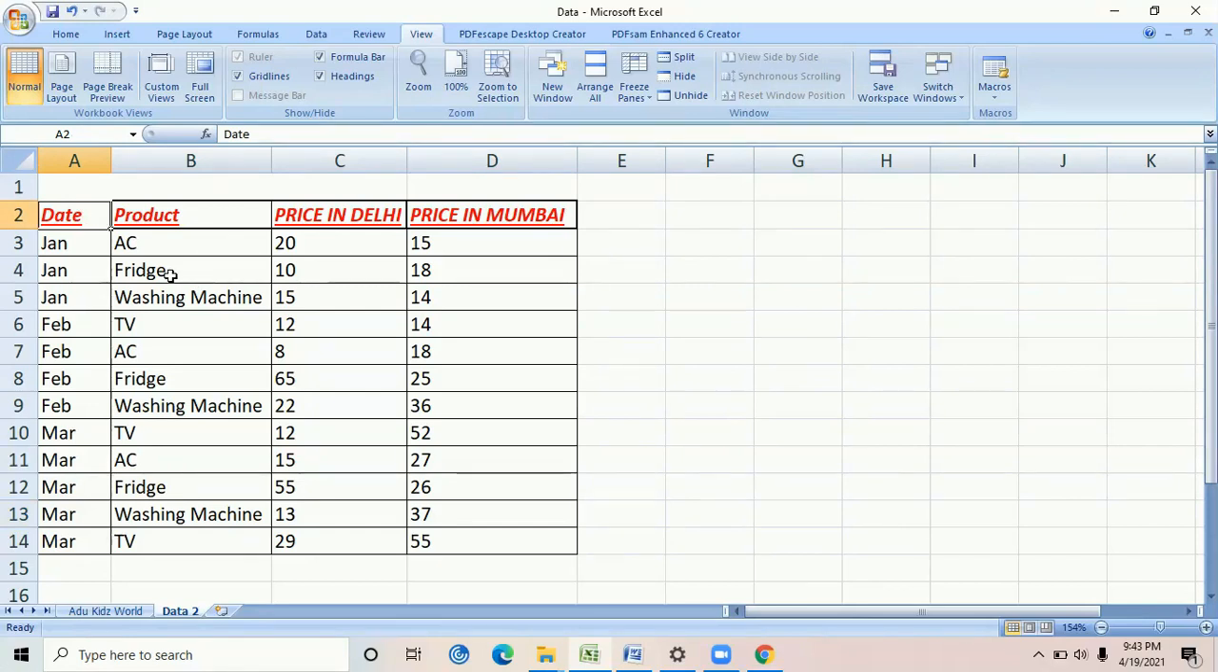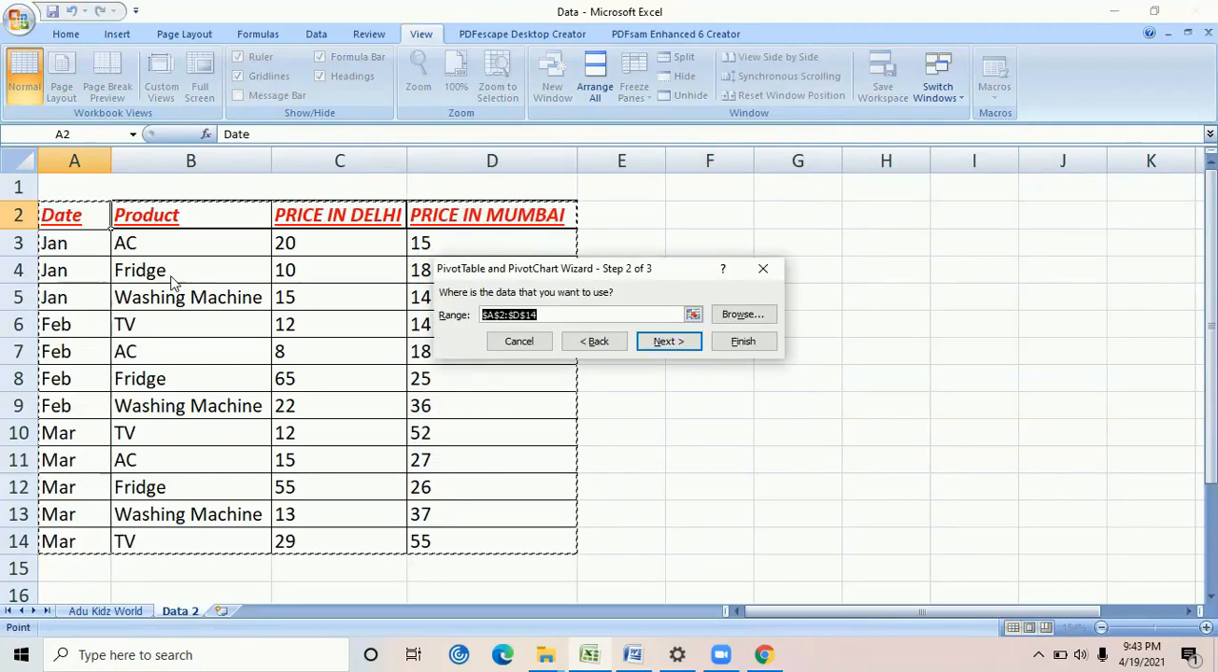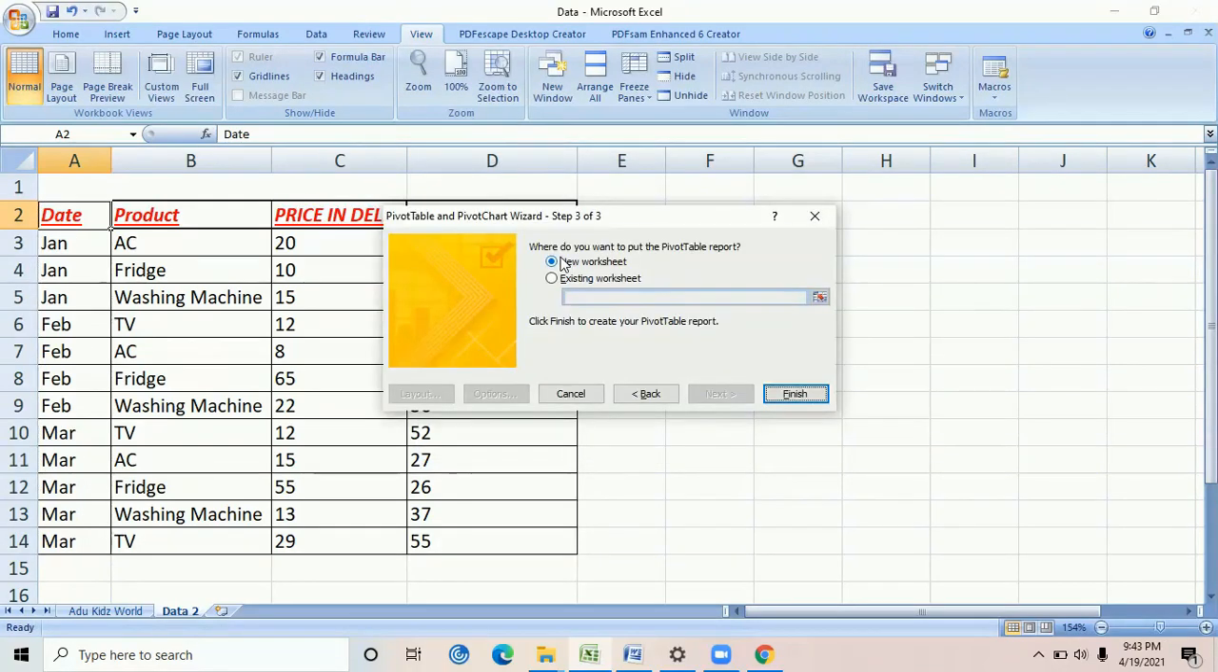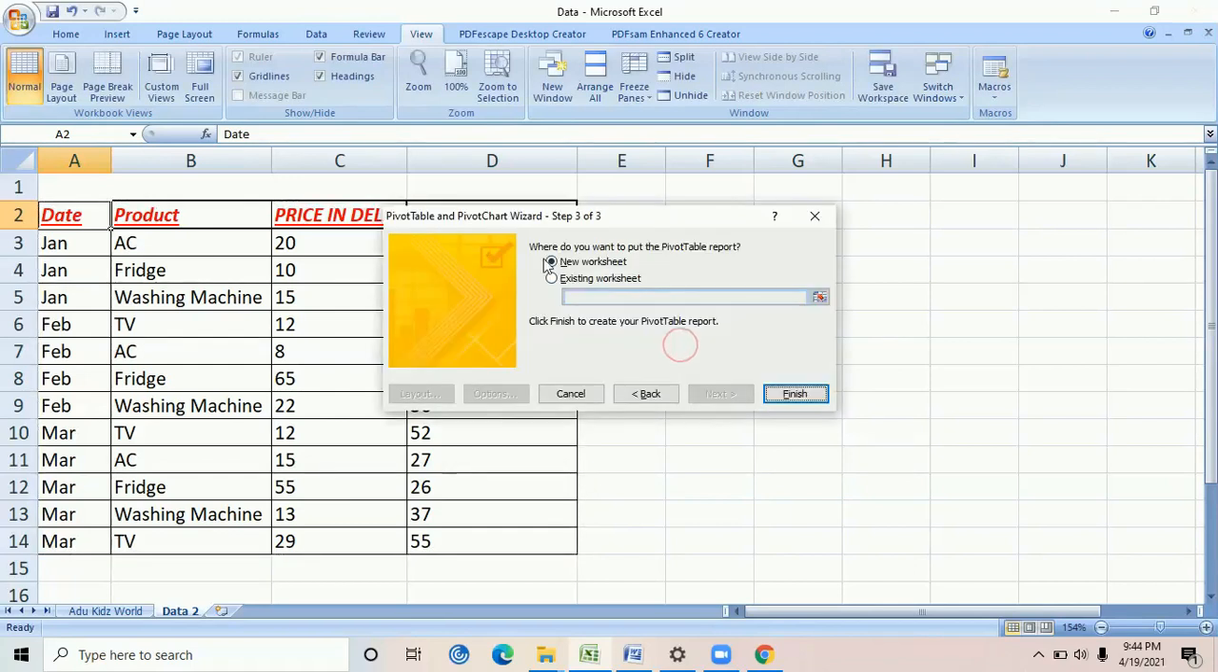It's Alt D P and N, right? There are two things that you need to answer to create a pivot table. First, the source data, and second, where exactly you want the table, whether in a new worksheet or an existing worksheet, right? Over here I have specified my data for which I want the table to be created, and if I move next and I want it in a new worksheet, I specify that